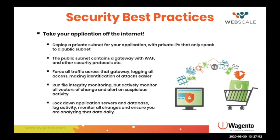The more extreme examples are, I've had customers who will just say, if you get on this list because you violated the acceptable use for the logins, I'm just going to deny you access to the whole website for a day, or 3 days. The essence of it is I'm monitoring how they're visiting the site and deciding what is acceptable use for my real users. If you're violating that, then I'm taking action, and those actions could include capturing you to force you to prove yourself as human, or denying you access to that part of the site. I'm not going to let you log in as a customer anymore,